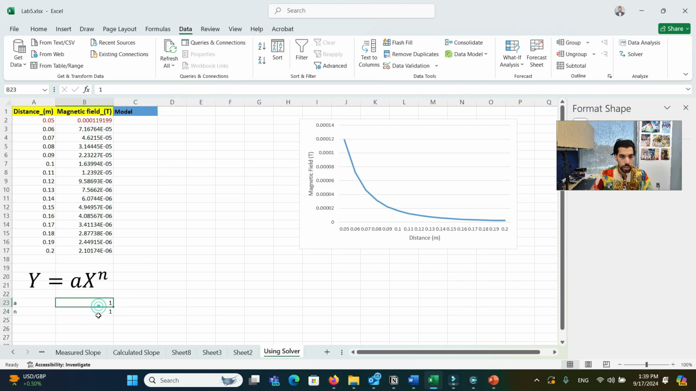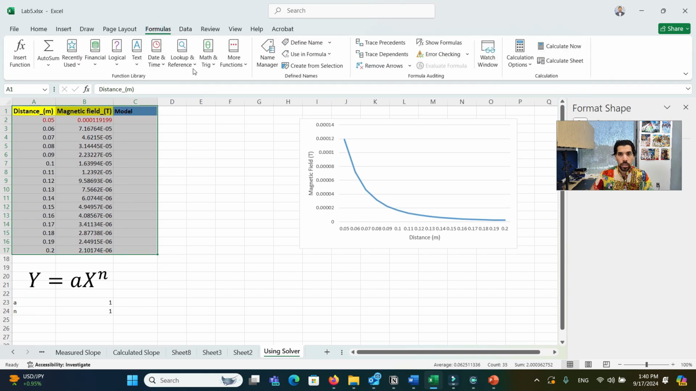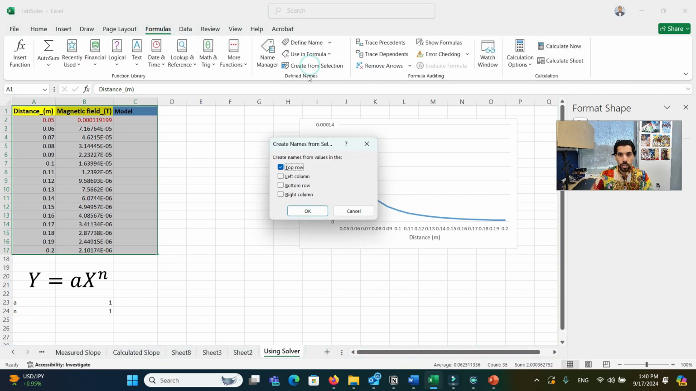Let's initiate the initialization, and let's say the model is equal to a x to the power n. But before this, let's define these variables. So we have the variable distance, the variable magnetic field, and the model itself. So we need to go to Formula and create from selection. So we need to have these variables,